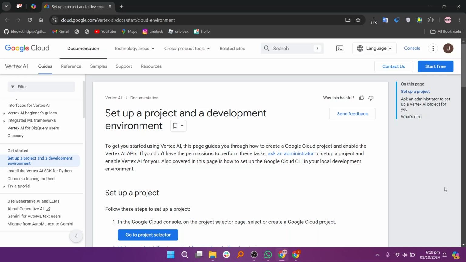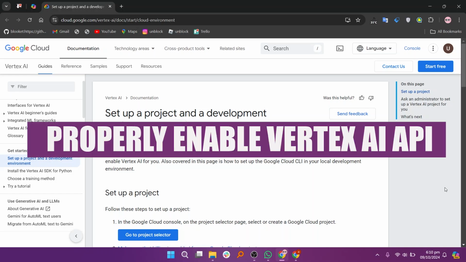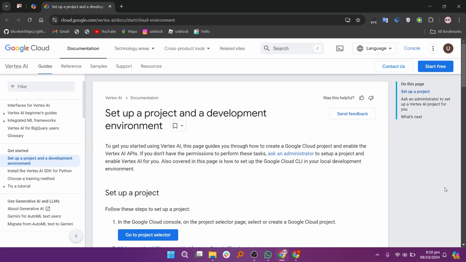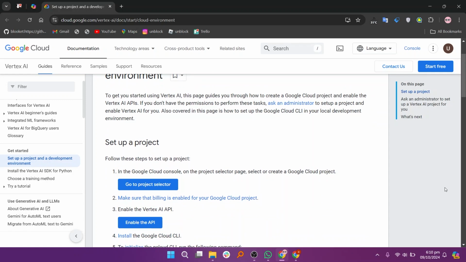In this video, I am about to show you how to properly enable Vertex AI API. To get you started using Vertex AI, this page guides you through how to create a Google Cloud project and enable the Vertex AI APIs. If you don't have permission to perform these tasks, ask an administrator to set up a project and enable Vertex AI for you. Also covered on this page is how to set up the Google Cloud CLI in your local